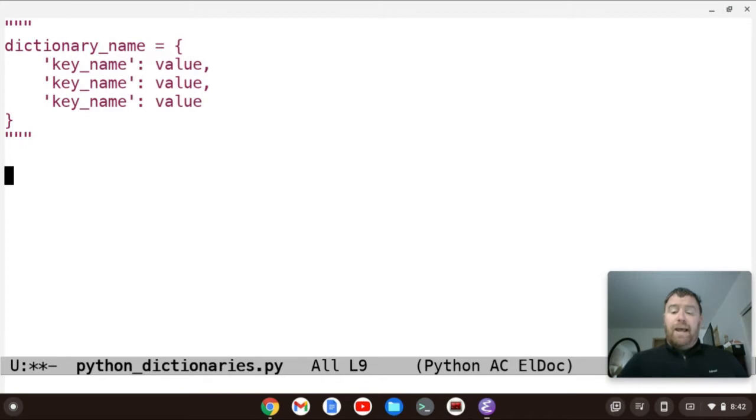Now, like I said, I want to create my dictionaries out of Supernatural characters, which is a TV show that I love. You can do it with whatever you want. So I'm going to start with my first dictionary, which is going to be based off of one of the characters named Castiel, and we're going to set that equal to opening and closing curly braces.